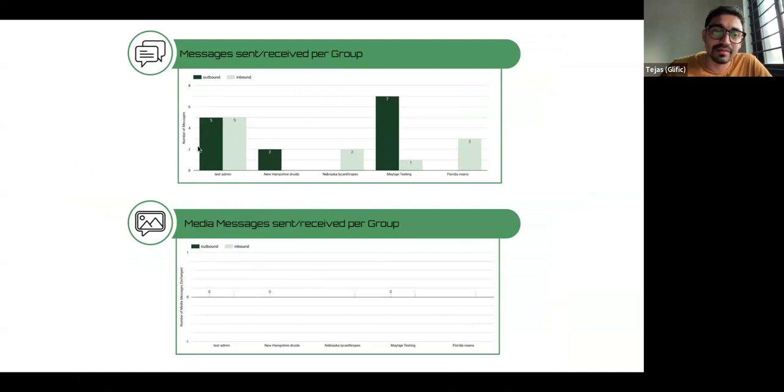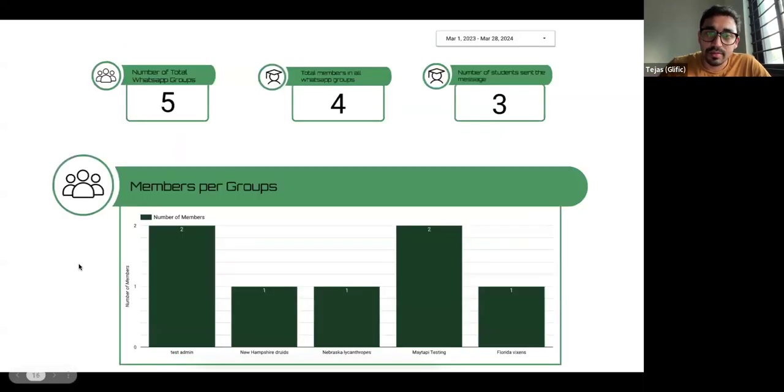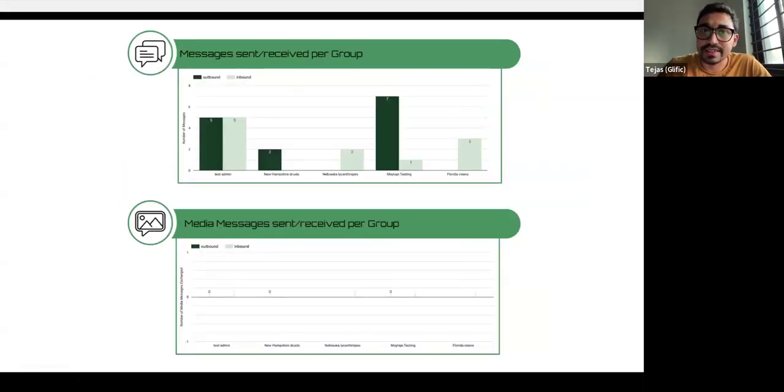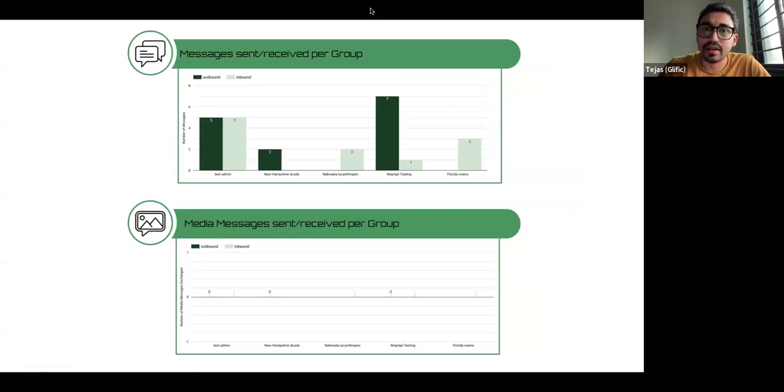And then this is something specific to Avanti Fellows, but they want to track how many media messages were sent by their students. So they are correlating to finishing their activities. Once they finish the activity, they get a badge and they want them to share the badge. So how many media messages are being sent or received? This is the first cut of analytics that we are able to show right now.